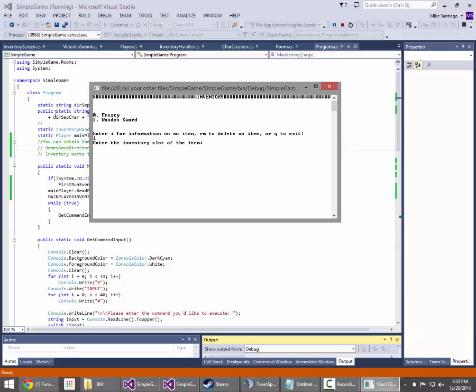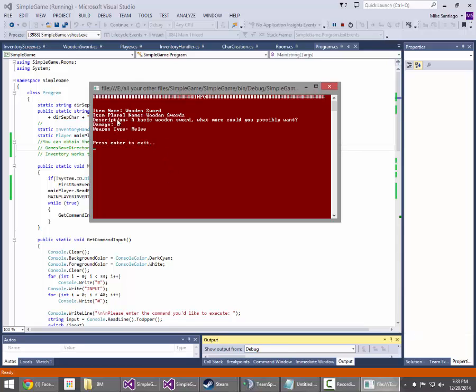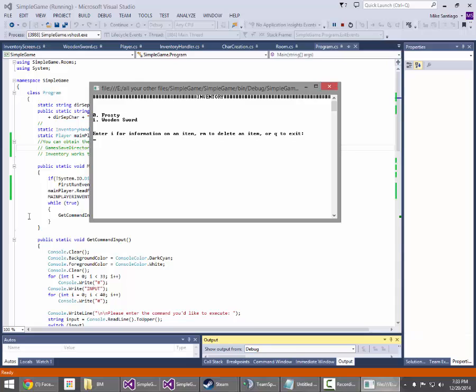It works differently for wooden swords because they are weapons. You see we get a little more here, and this comes into play with the item types I talked about earlier. There's also a weapon type, which as of right now doesn't really do much, but it's going to come in handy later on, that's for sure. So we can also remove items. I'm going to remove the only Frosty we have left, like that,